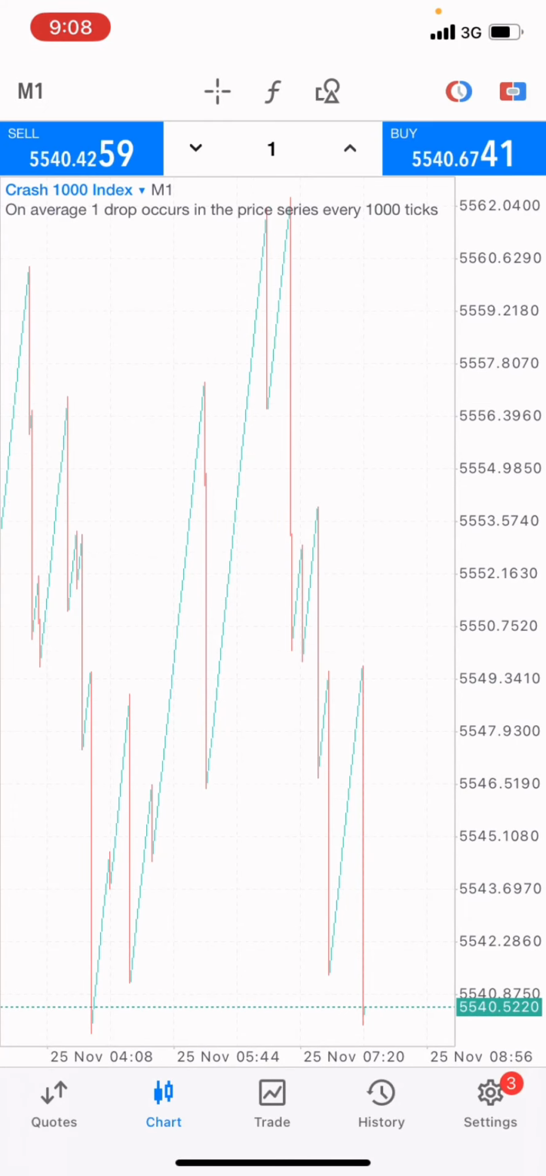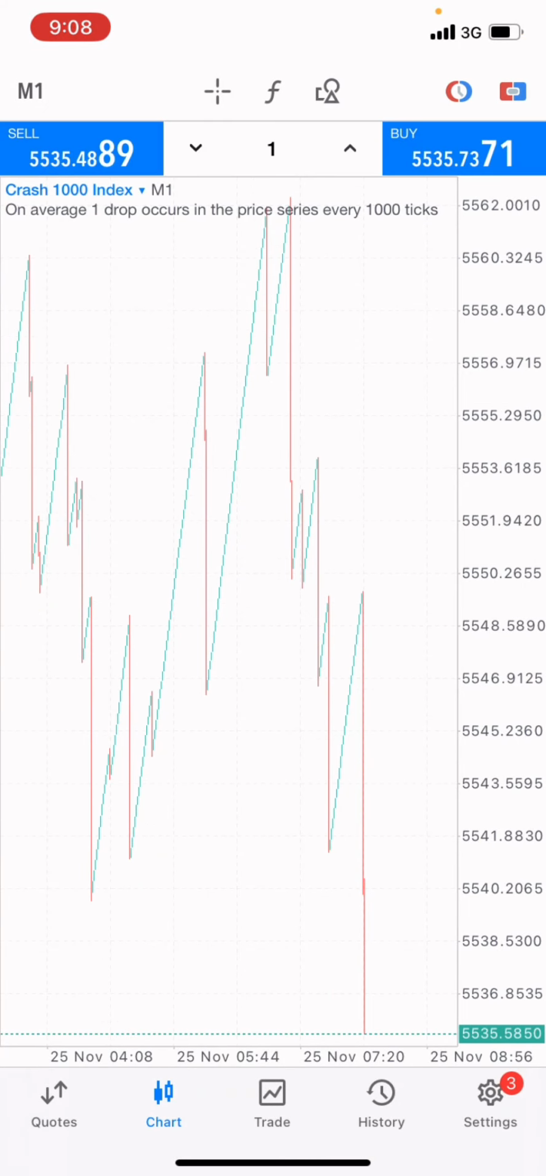Boom and crash indices. I'm going to share with you guys how we'll be able to make profit on this type of market, and a strategy that you can also use to make profit in this type of market as well. All right, now I'm on the crash 1000 index market right now,